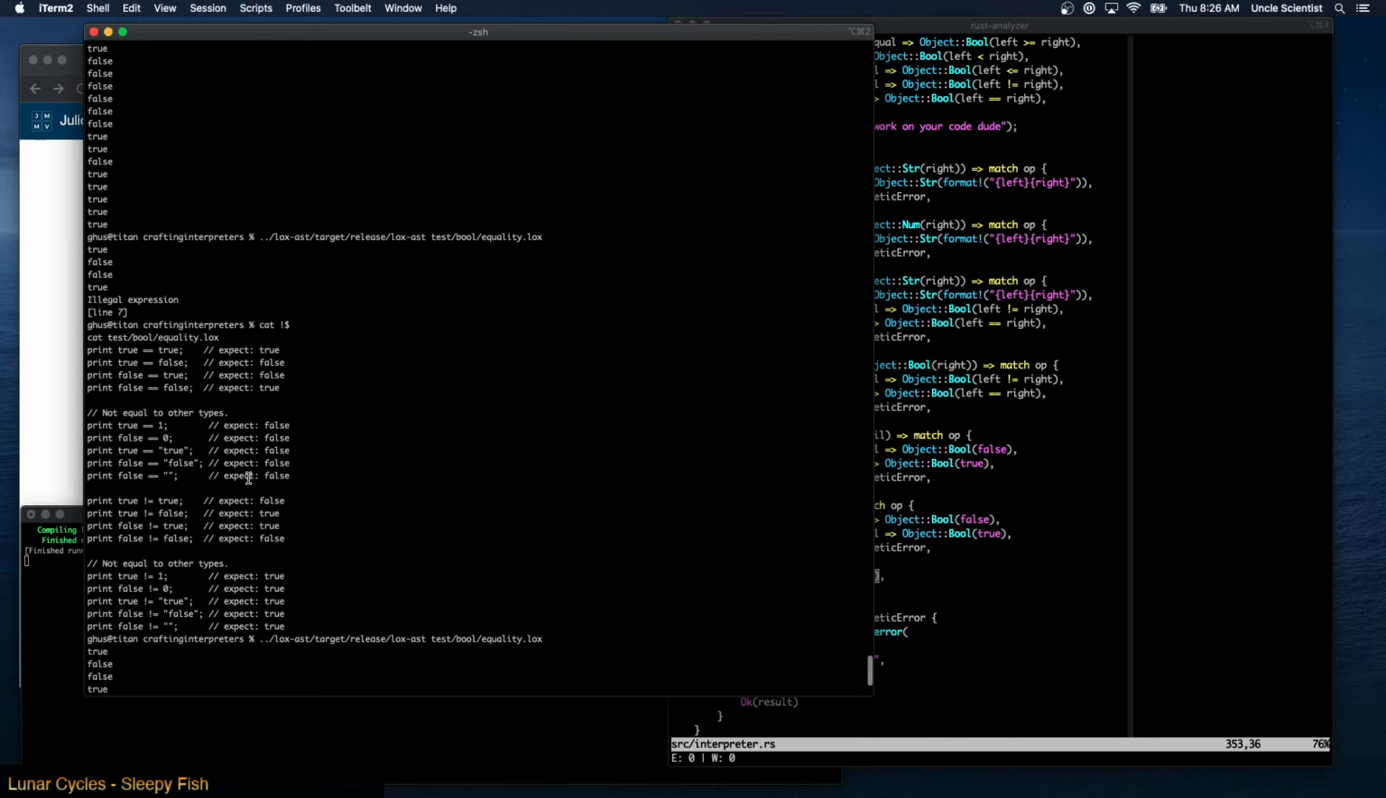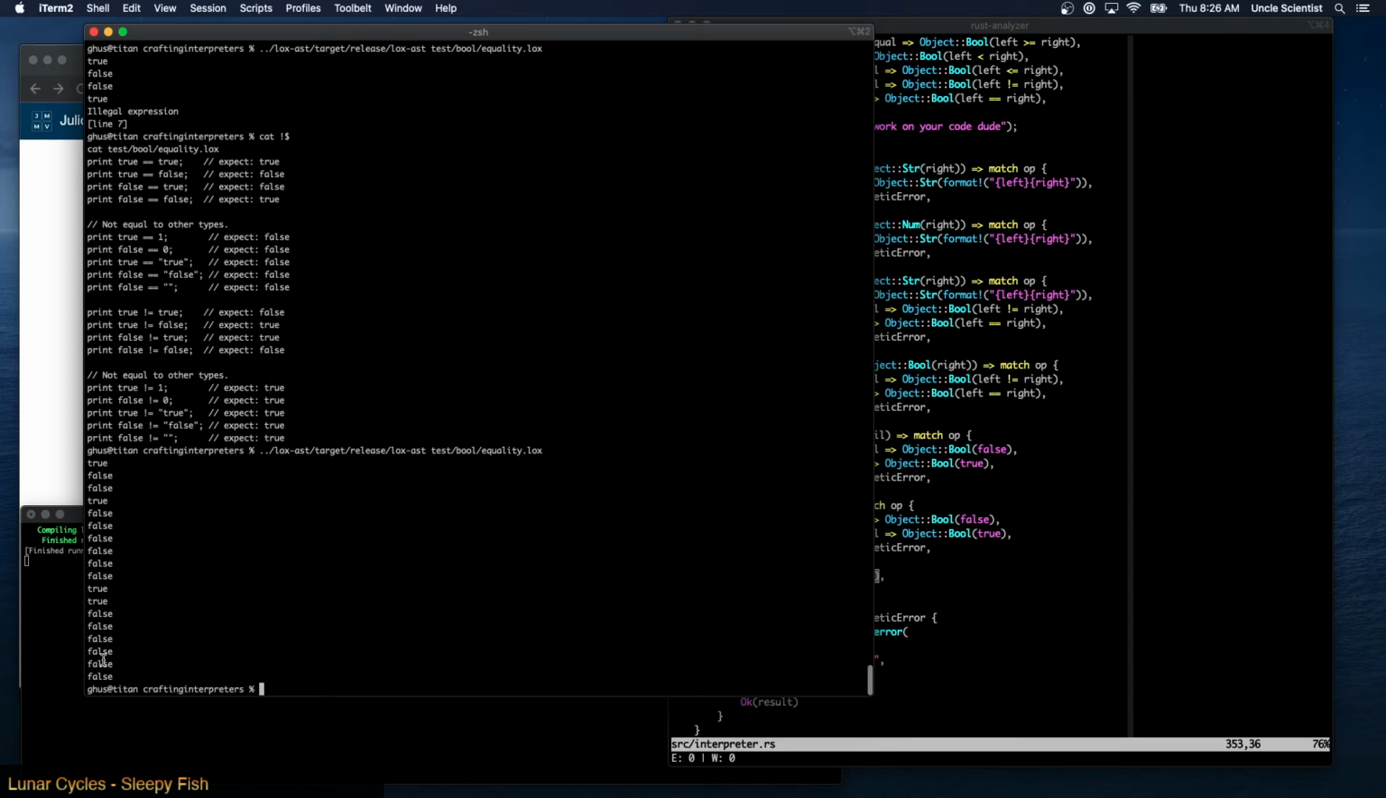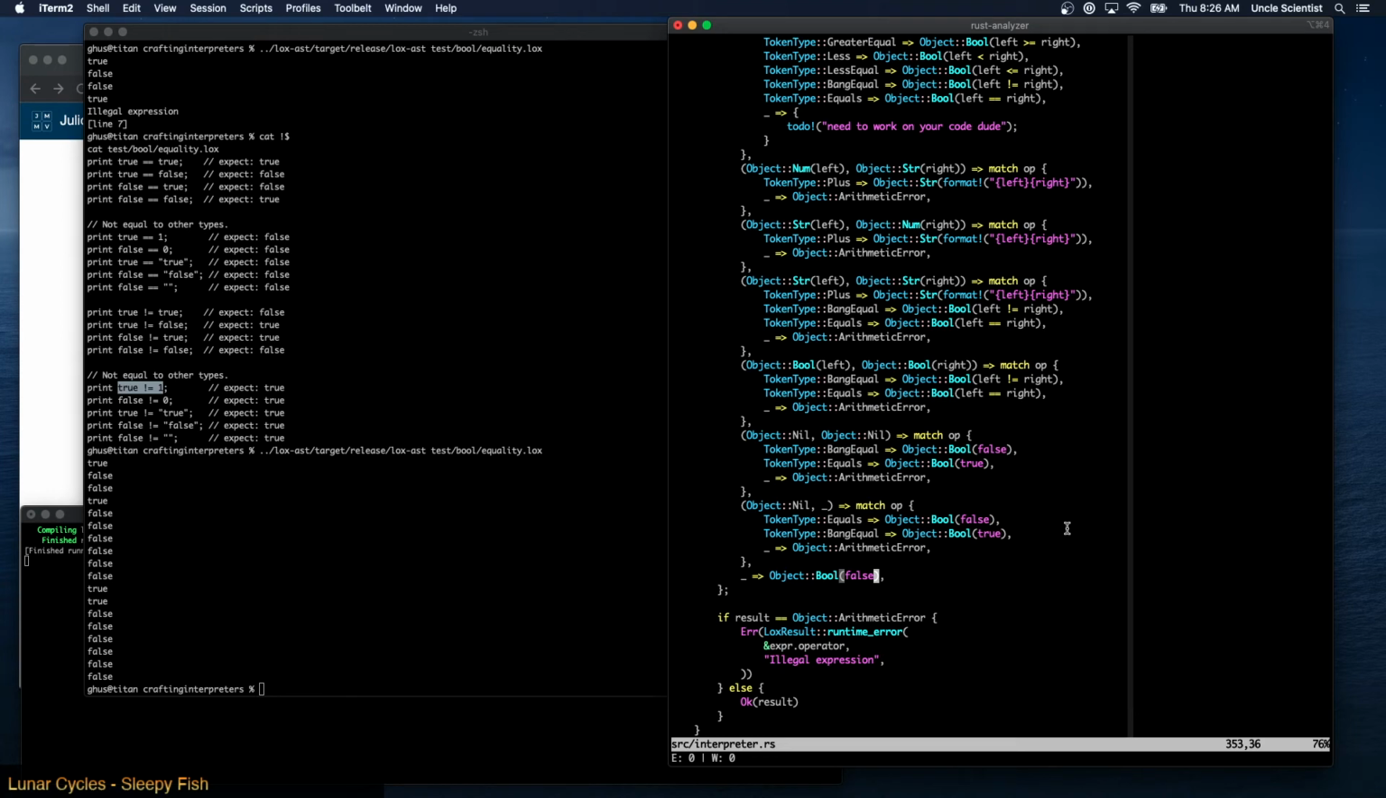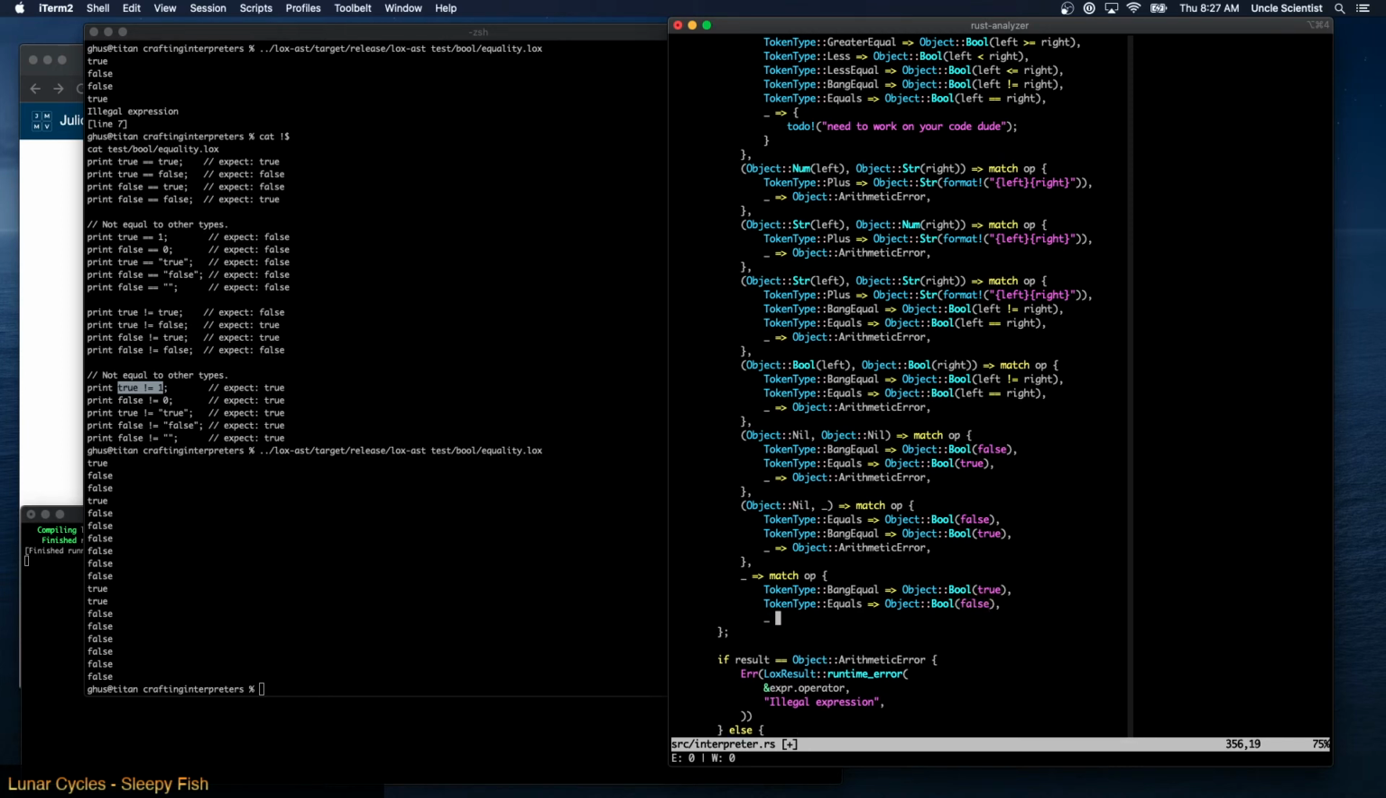It doesn't work because these last 5 are true, and here these last n are false. So, because we're expecting true. Okay. True is not equal to 1. That is true. Oh, okay. So we can just match op and token type bang equal. If it's not equal, it's true that it's not equal. And if it's equal, it's false that it's equals. And everything else is an object